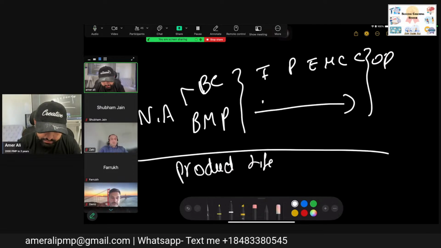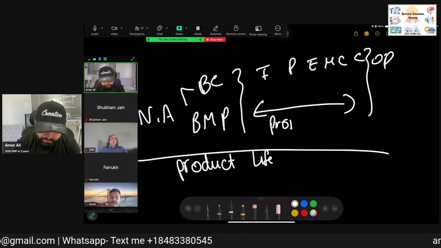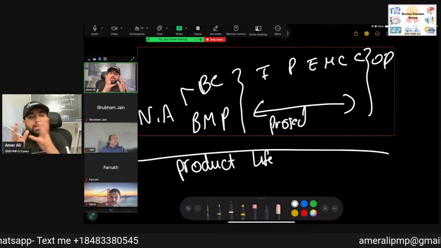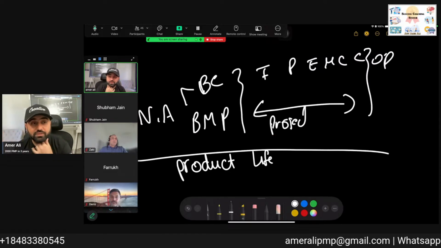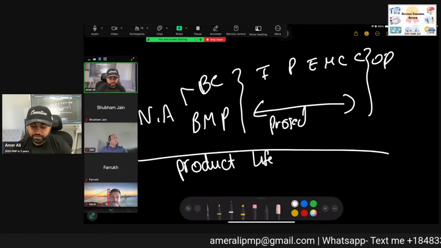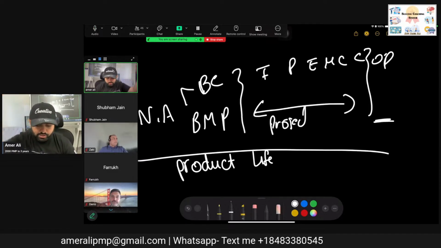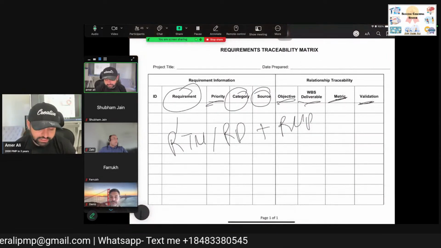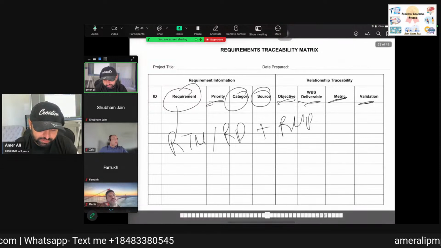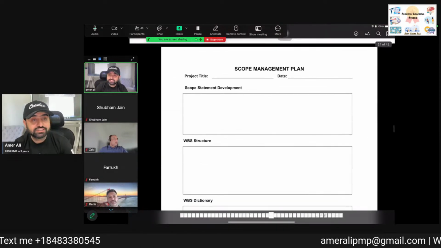This is a project life cycle. Like product is project plus operation. So requirement management plan or requirement traceability will also have operational requirements that later on will be used. Okay, but then we filter it out using the scope management plan, where we are going to discuss